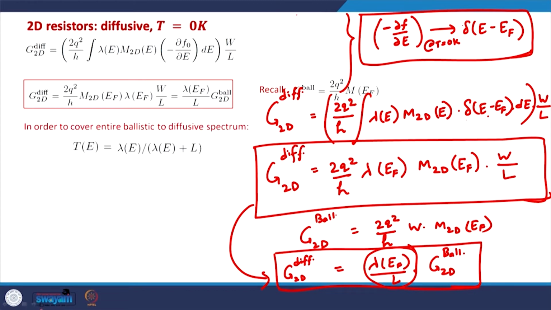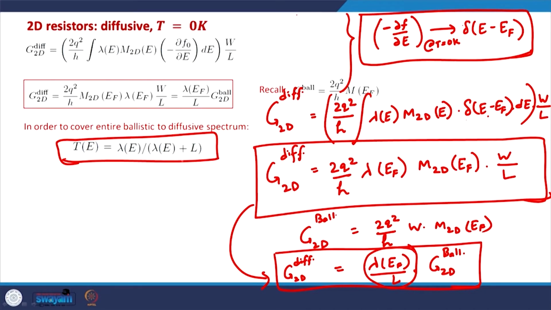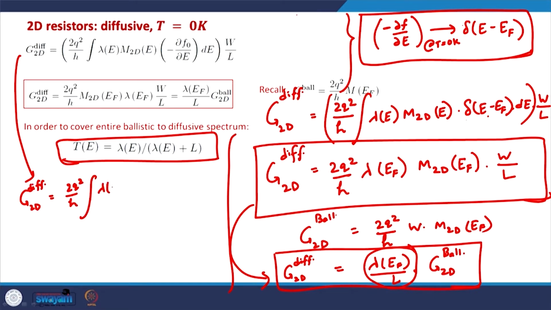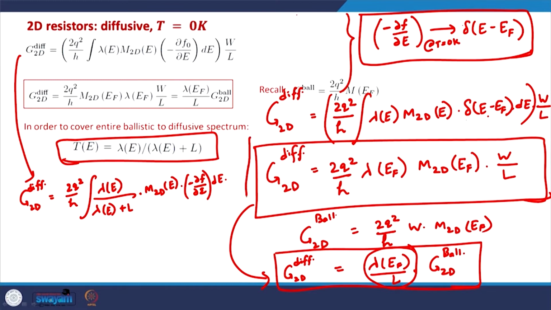And in a more general case, when we are considering both ballistic and diffusive conductors, we need to replace Te by lambda E divided by lambda E plus L, and in that case this expression will simplify to, instead of this expression, G2D diffusive will be 2q square by h, integral of lambda E divided by lambda E plus L, m 2D E, minus del f by del E, dE, times W. So that is what we will be having in this case. Okay. And at T equal to 0 Kelvin,